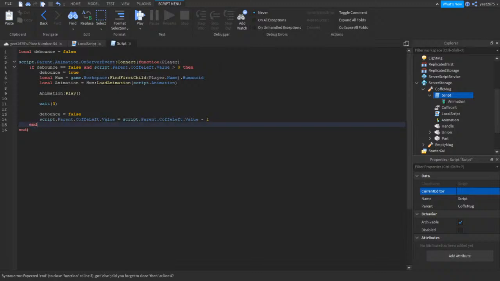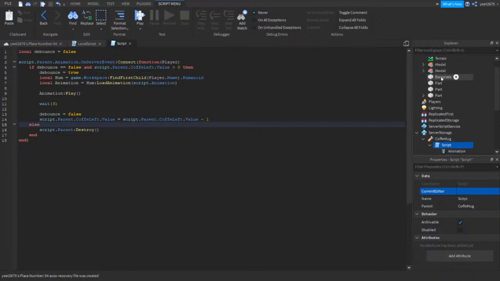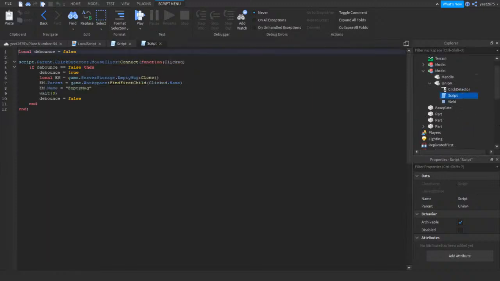It's got to be before the end, I forgot. Else, and then else if. No, it can just be else. Script.parent destroy. But before that, we're going to need to get another mug. So if we go to here,